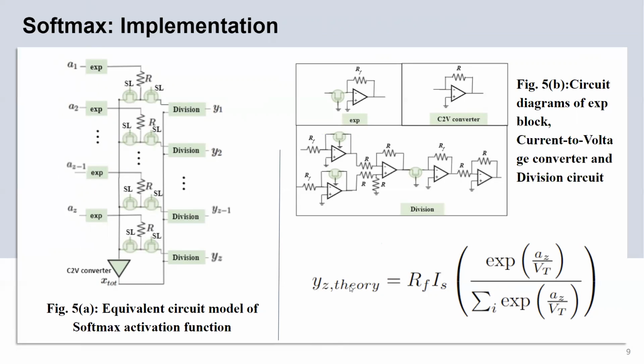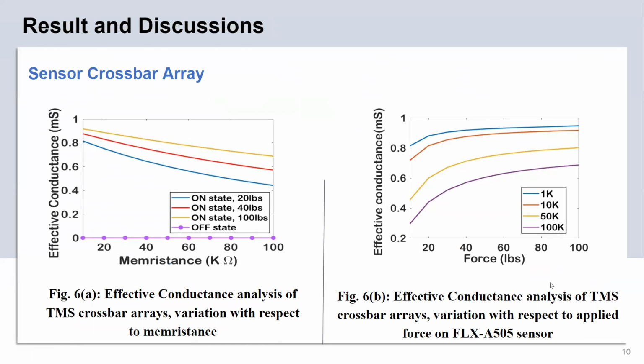The calculated theoretical output value of this Softmax activation function is given in the equation. Results and discussions: the evaluation of the TMS crossbar arrays and analog computation of the Braille system were evaluated using SPICE tools. Figure 6a shows the effective conductance analysis of the TMS crossbar array